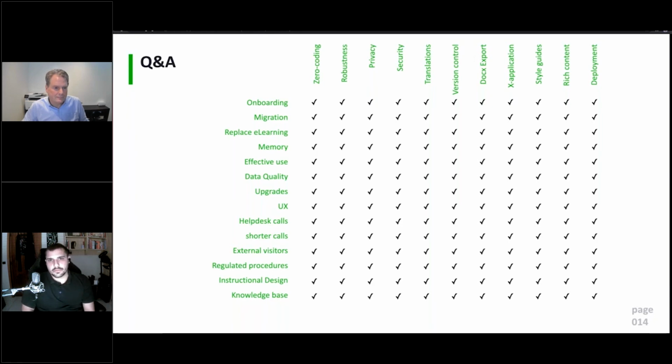Yeah, well, having contextual help is really helping the user having constant in-app guidance.